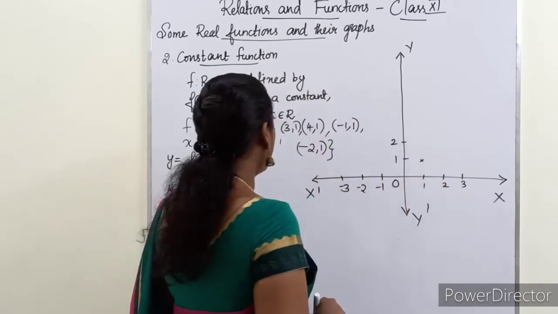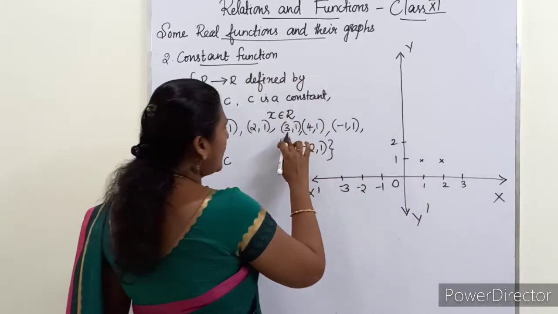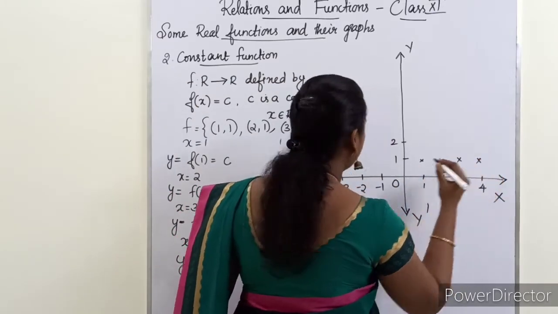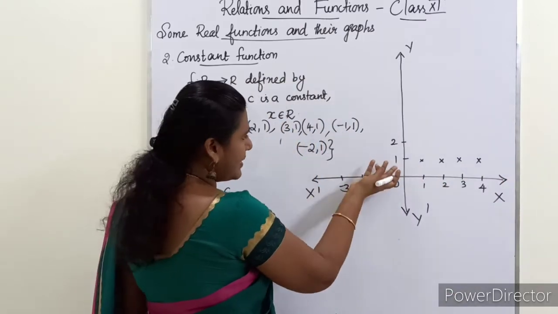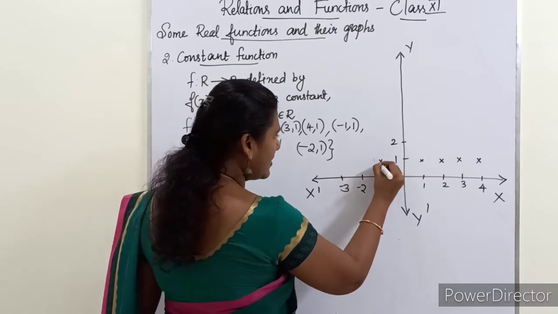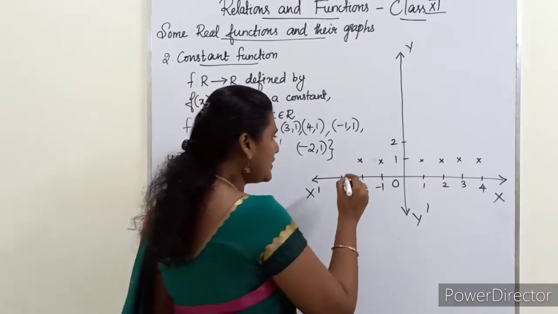The second point is (2, 1). The third point is (3, 1). The fourth point is (4, 1). Then taking negative values, (minus 1, 1), and (minus 2, 1). If you join all these points,